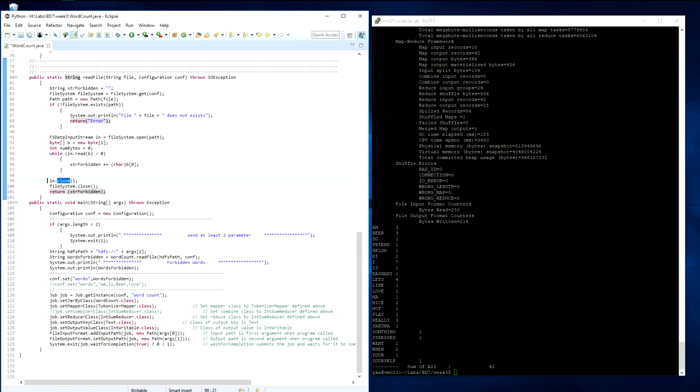At the end we close the file, and it's so simple. If you have any question, you can search on the internet what exactly a file system is. But this is how you open and send the file name. Sorry, not file name, it's the string inside the file. That's all, finished. And then the rest of the program